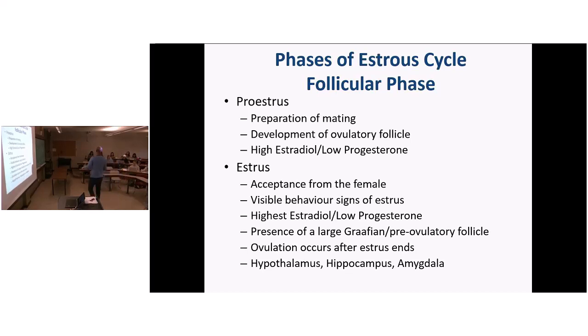For example, if you want to guess, do you think that phase over there is going to be important for what? When you have very high estradiol, very low progesterone. It would be important for what? First, ovulation, and then after that, probably fertilization. Okay, so you need to prepare stuff in the reproductive tract for fertilization to occur.